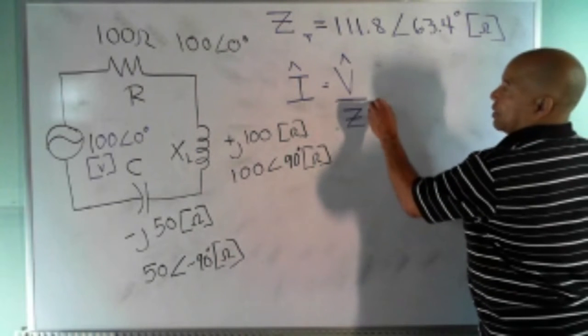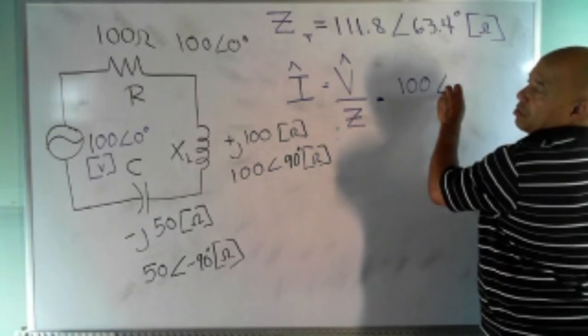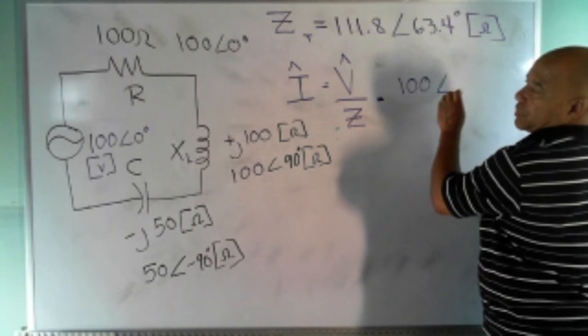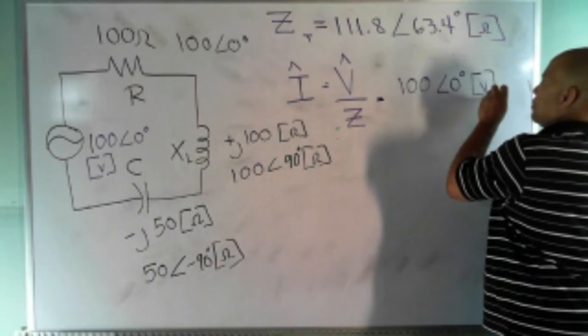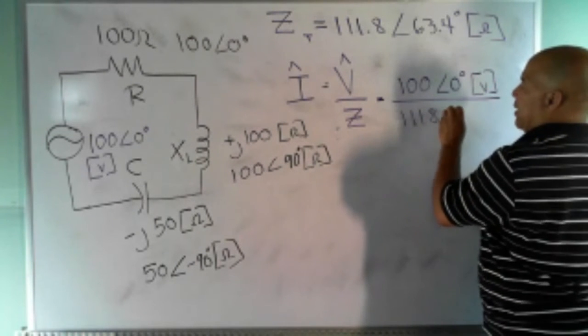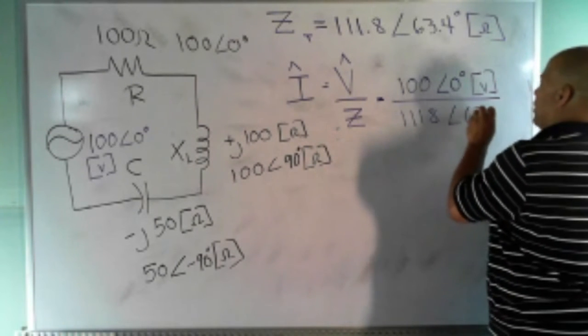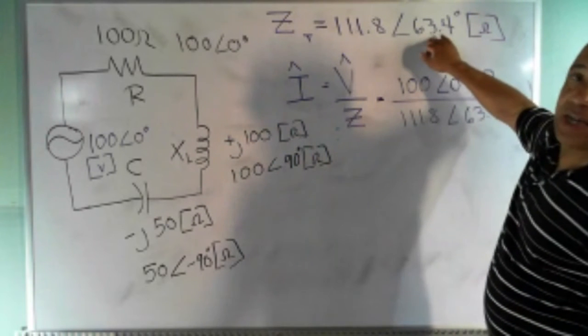So I have 100 angle 0 divided by 111.8 angle 63.4 degrees. By the way, when we got this number,